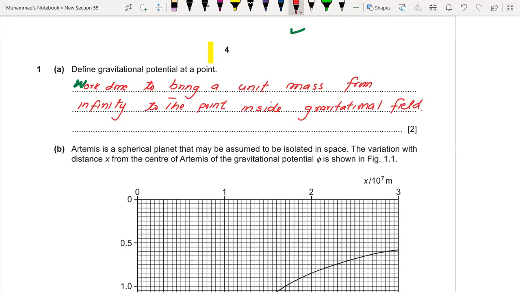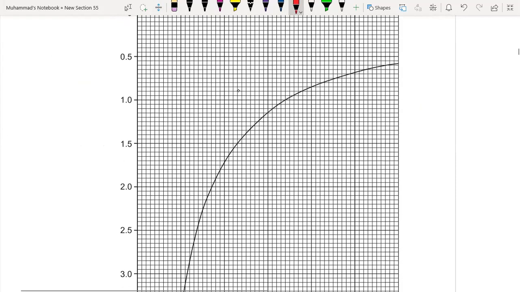Okay, so this is a very straightforward definition. So gravitational potential is work done to bring a unit mass from infinity to a point inside a gravitational field. So the part B is